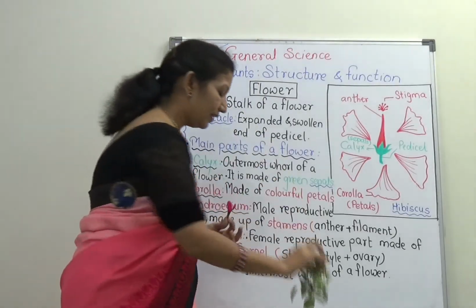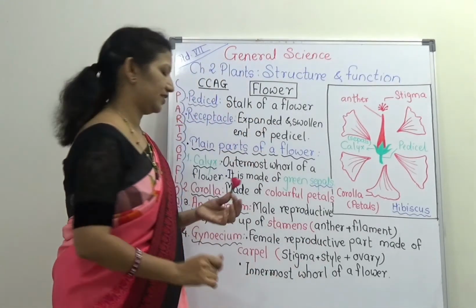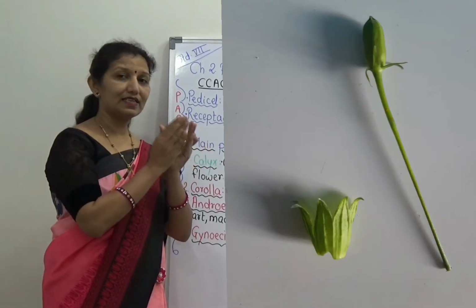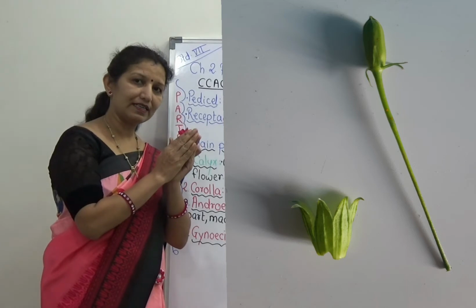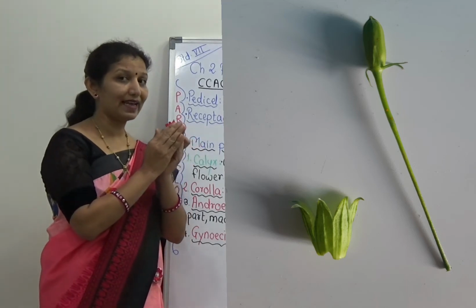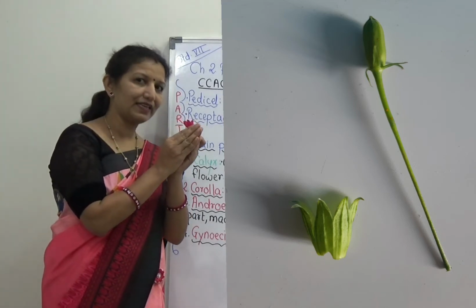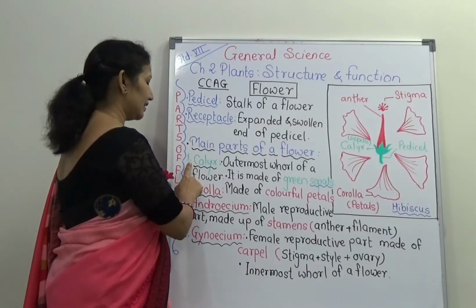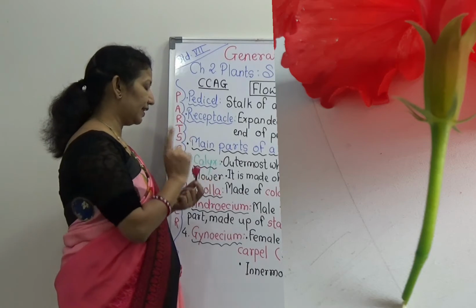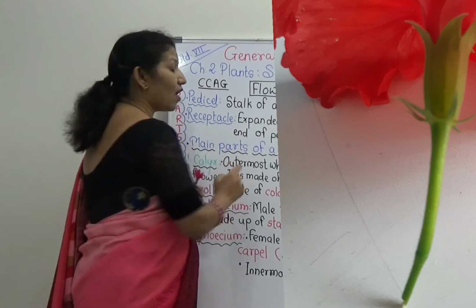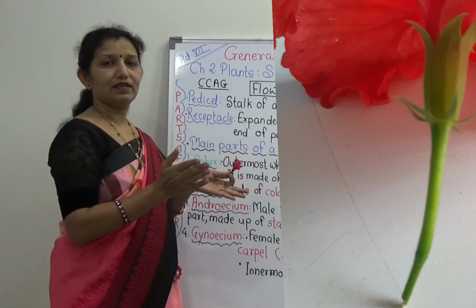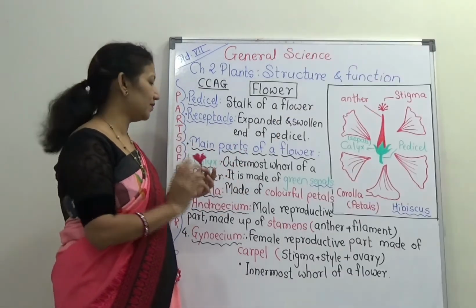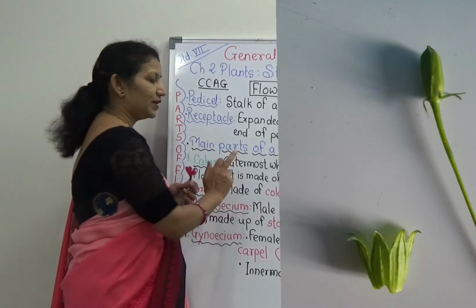So when the flower is in bud condition, at that time it is protected by calyx. Generally that bud is in green color and it is protected by calyx. The internal organs are covered by calyx. This calyx is always near about green in color, and it is the outermost whorl of a flower. There are four whorls and calyx is the outermost whorl of the flower, and it is made up of green